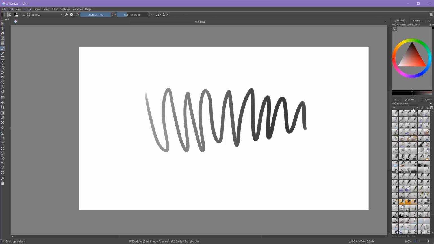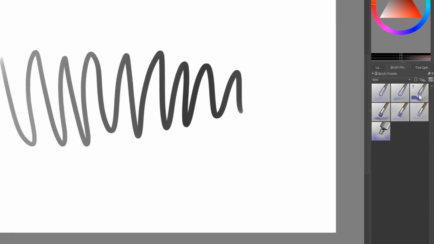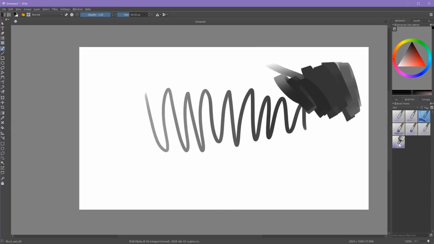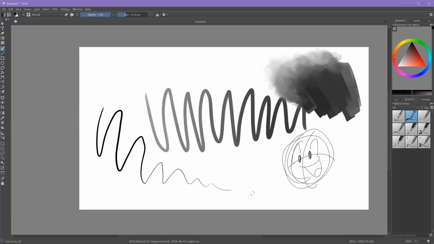So what I like to do is I use this drop down, and I look for the kind of brush that I want to use. And then I can select it, and start using these kinds of brushes. So this wet one is kind of nice for doing painting, like backgrounds or something of that sort. Ink is good for sketching and doing your doodles. And you'll notice that I'm getting pressure sensitivity, so when I press harder, I have a thick line, and when I let go and press more softly, I get a thin line.